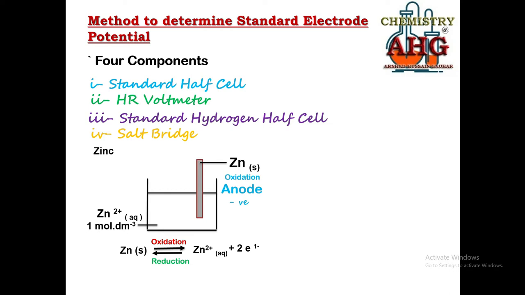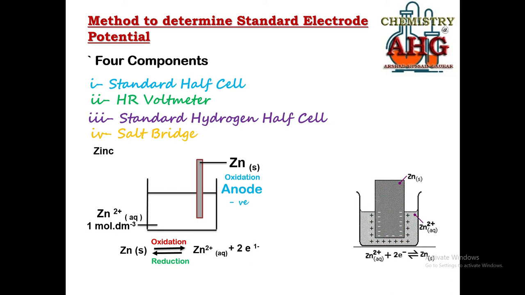Now some of the students might be having some confusion about why a plate becomes negative during oxidation. I can give you a separate example on the right hand side. You can see that it will give you an explanation of how a metal plate gets negative charge during oxidation, and if reduction takes place, the plate gets positive charge. Look at this example. If we are having zinc solution in a beaker, and in that beaker we dip in zinc metal, what can happen?